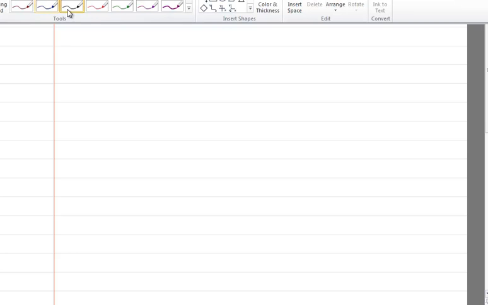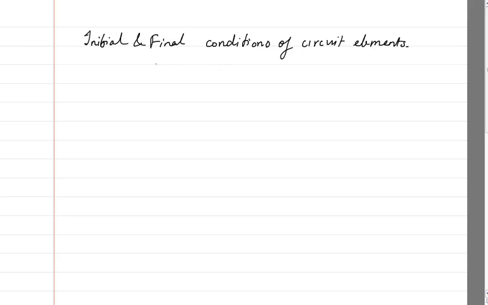Hello students, today we are going to look at another topic, which is the initial and final conditions of circuit elements. See, what is happening here is